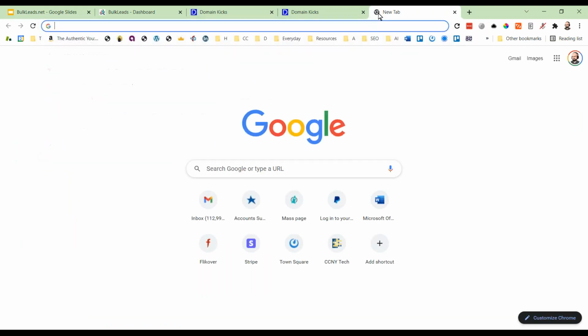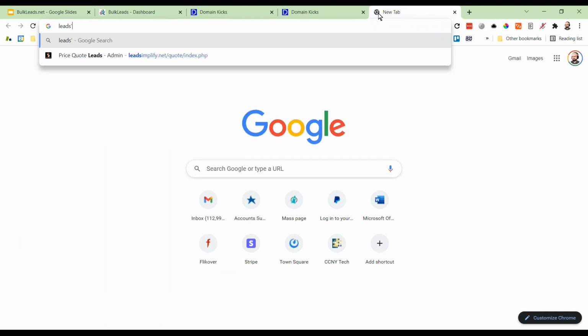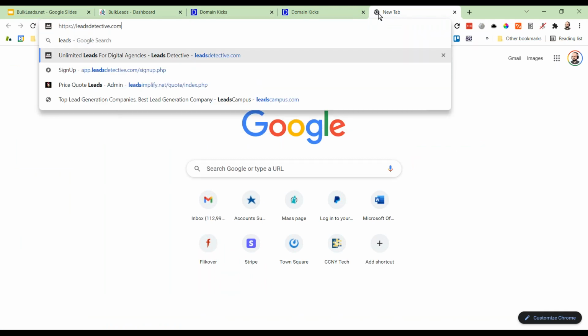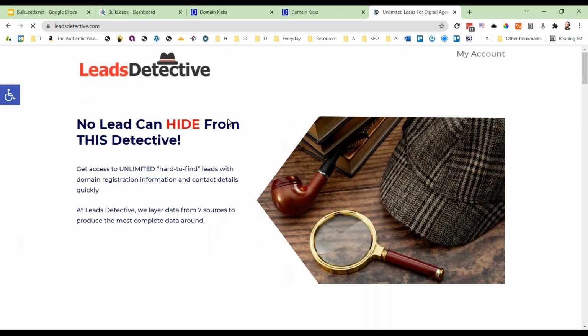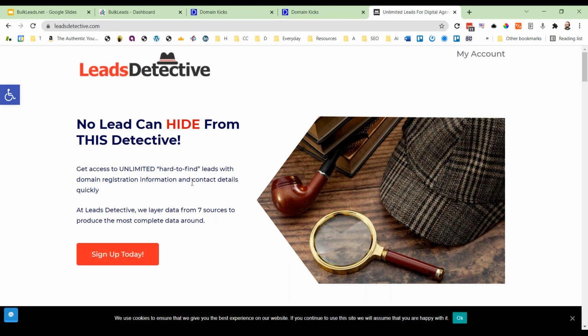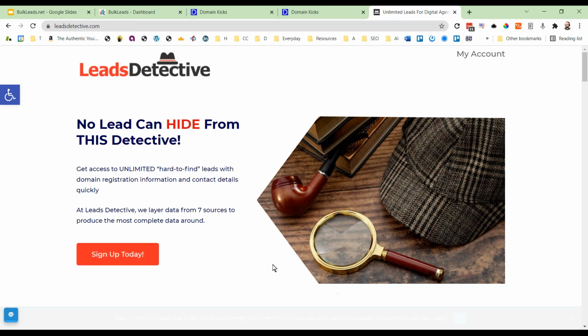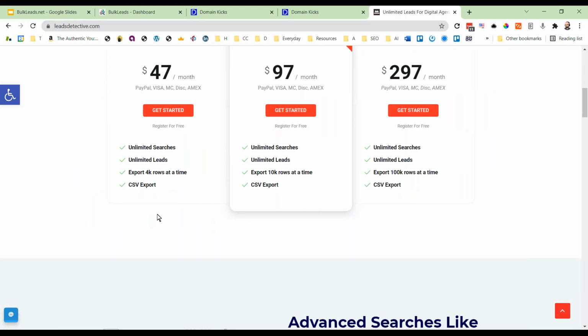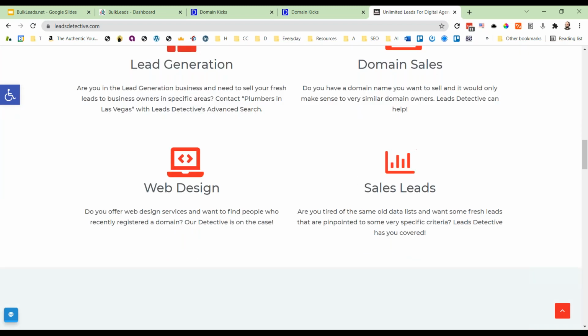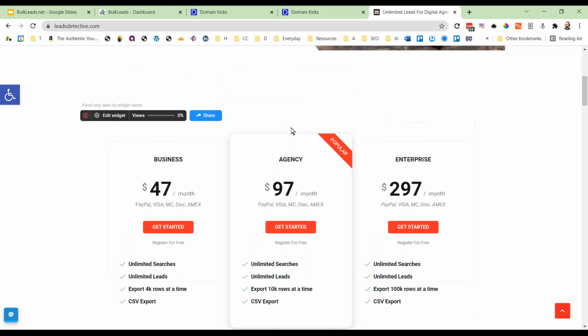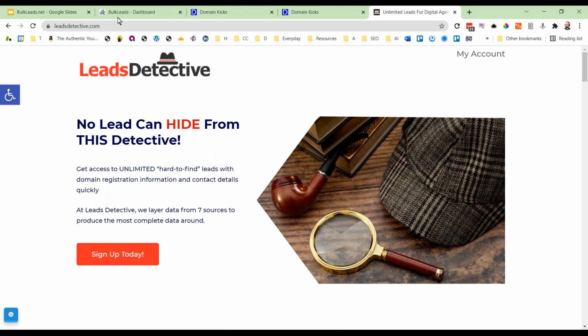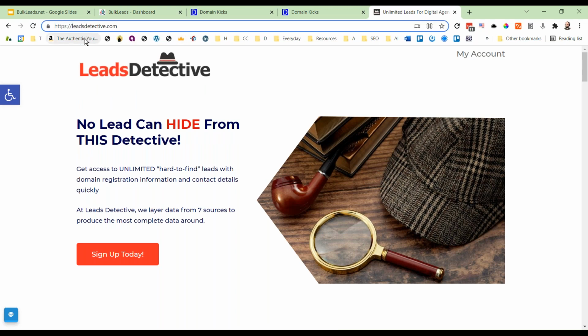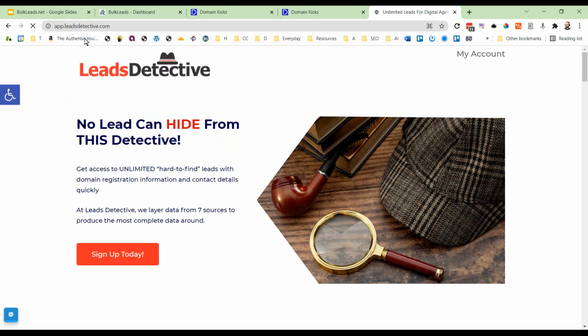Let me just go to leadsdetective.com. If you go here, you'll see what this does. It finds hard to find leads. It doesn't have as many as you'll get with BulkLeads.net at all, but you'll get it with the $47 a month plan. What's different is that this sort of overlays a lot of stuff. So if you get the account here, you'll see that